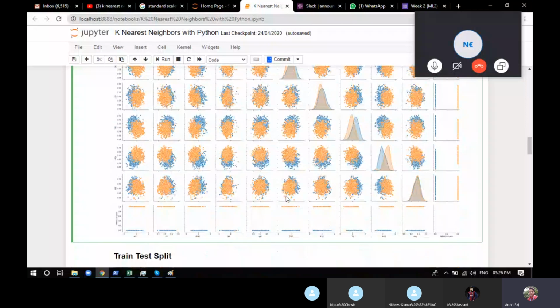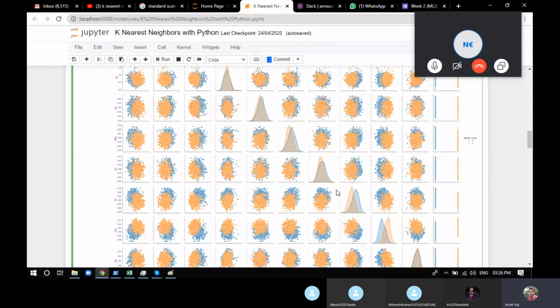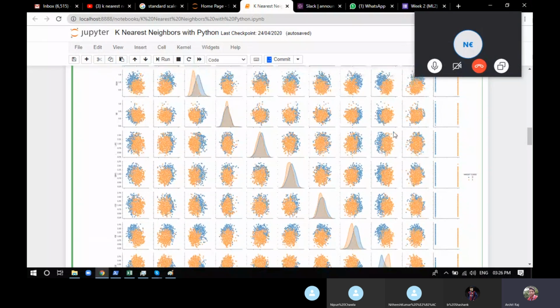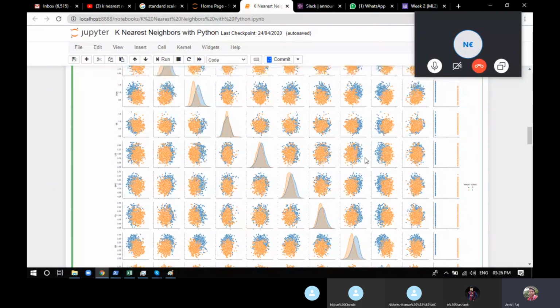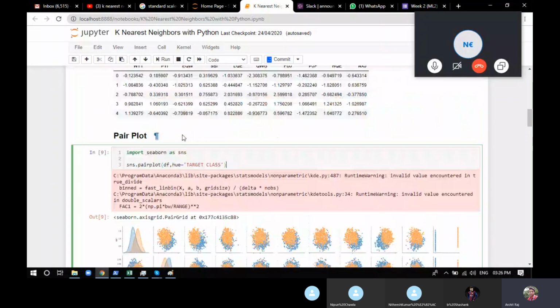This particular cluster can be used for the k-means algorithm. What's that? KNN algorithm to find the cluster, because it's in circular shape. Now this one is a bit hard to do the clustering because the orange part is in between and the blue part is somewhere outside. So you'll get some feeling with the pair plot. In this particular example, you will not.